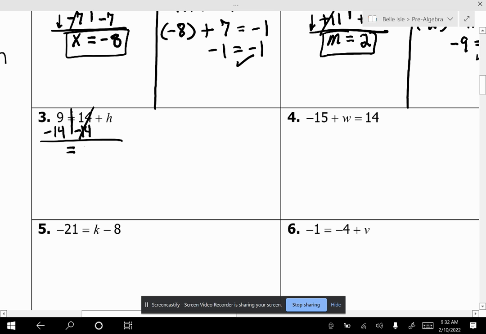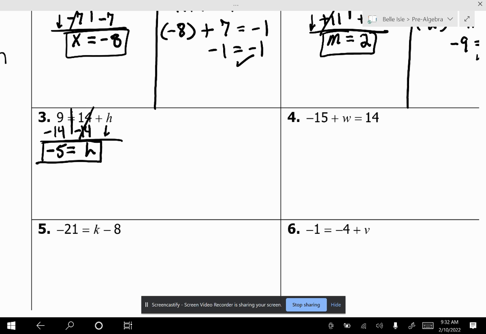Okay, on the right side, the 14s cancel out. You bring down the h. You have 9 minus 14, which is -5. And you can square it in. Now,